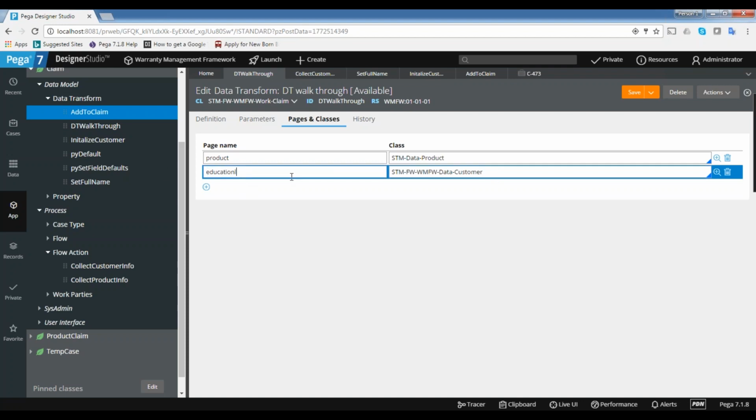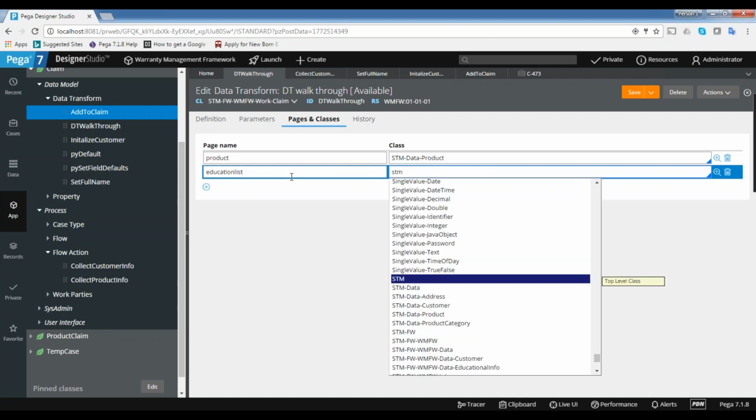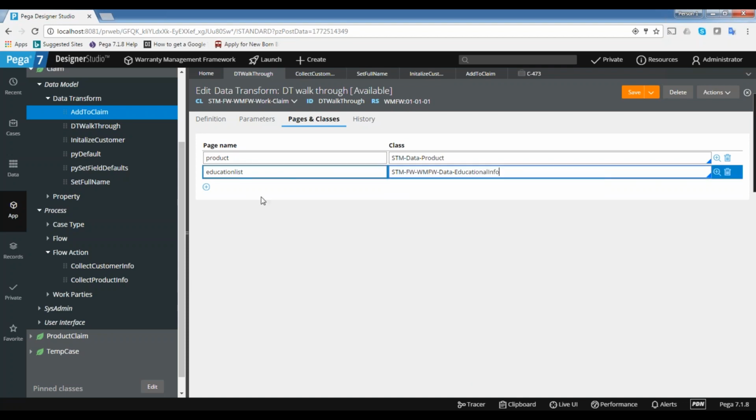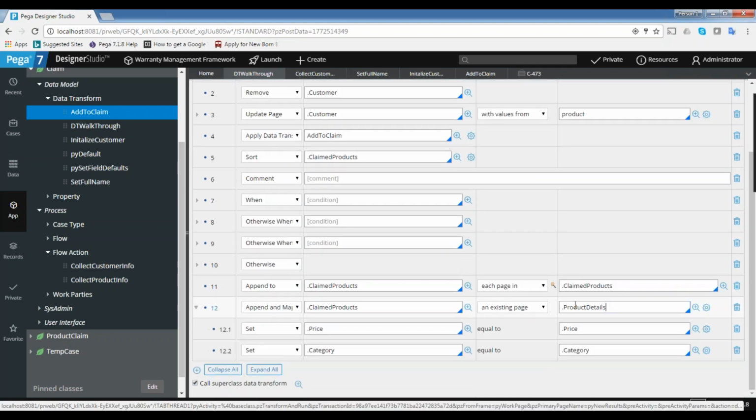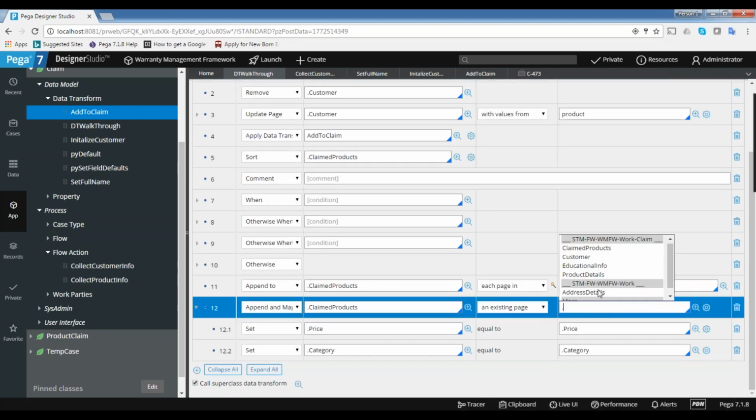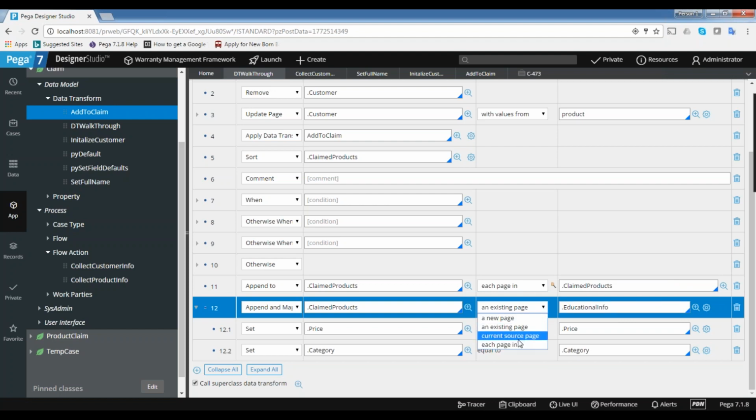Education list. We don't copy the education list product, I'm just showing you that I'm doing STM. I think the education list property is already there. Let's see that. Yeah, education info is there. This is a page list basically. So I'm taking each page from the education page list to here.